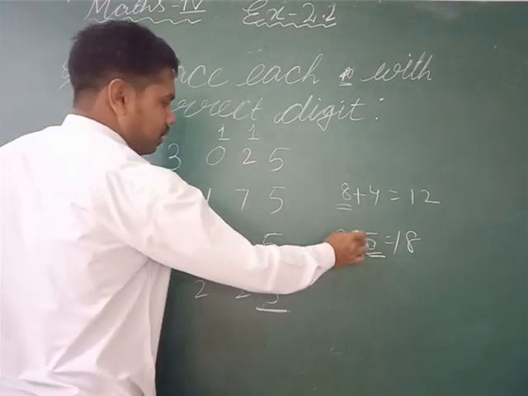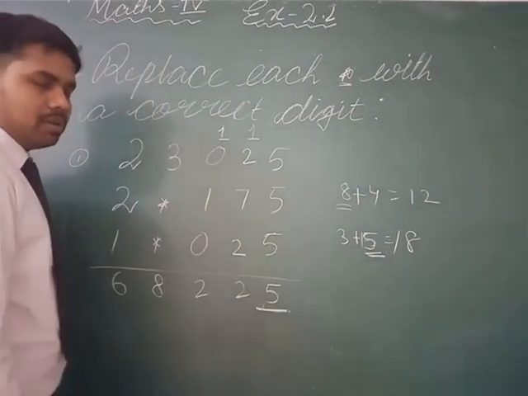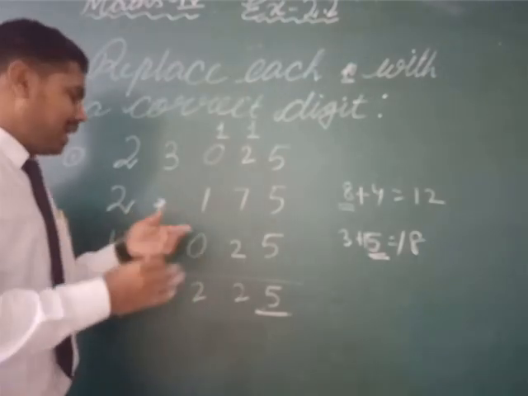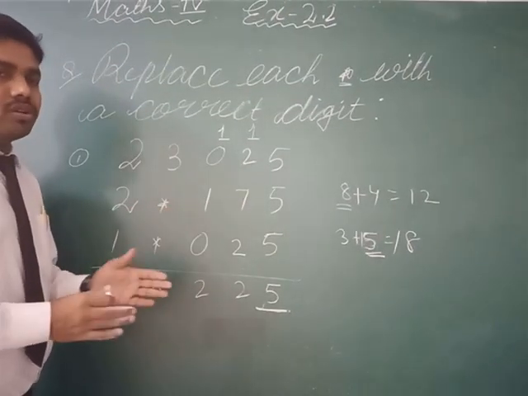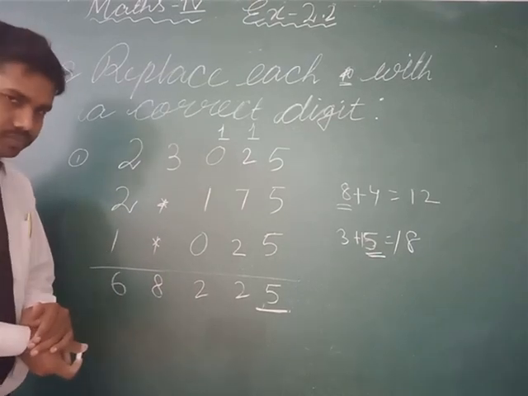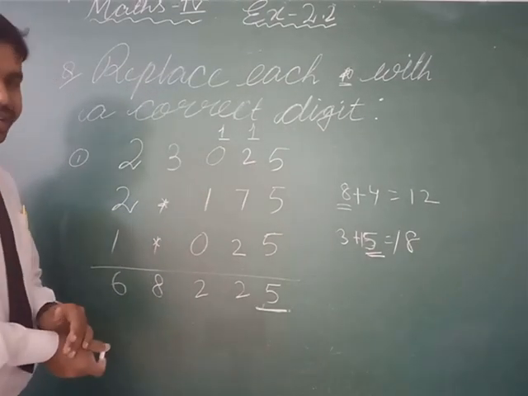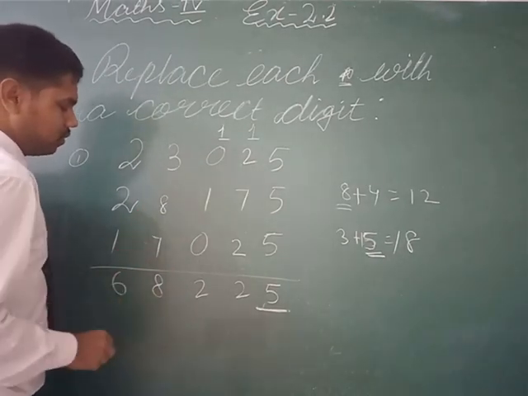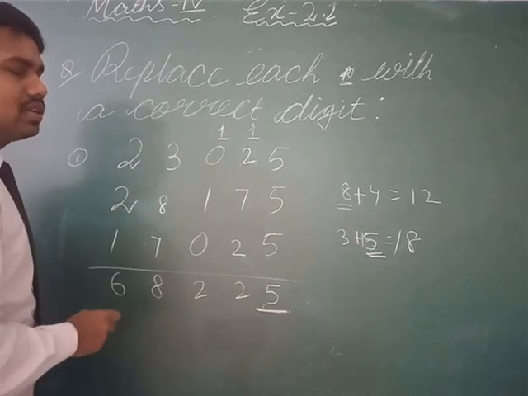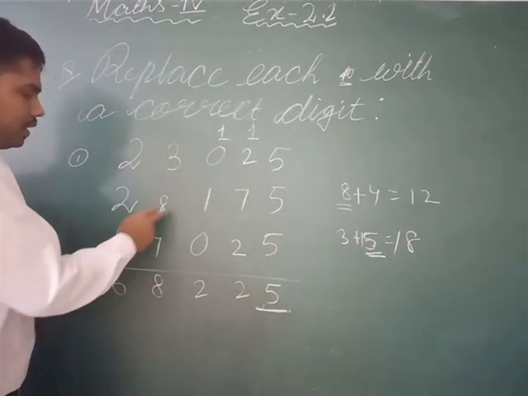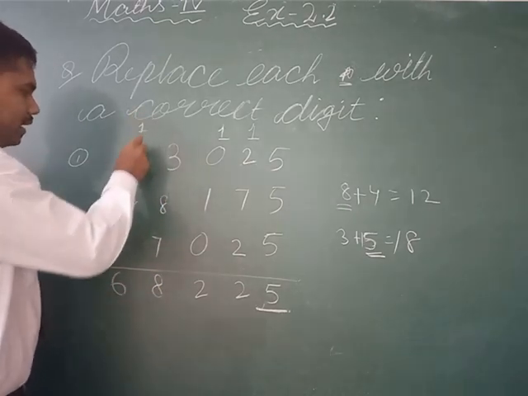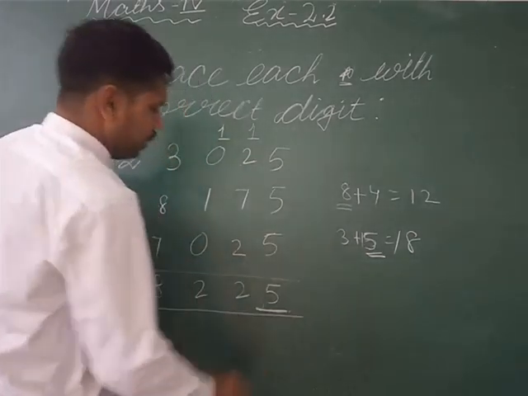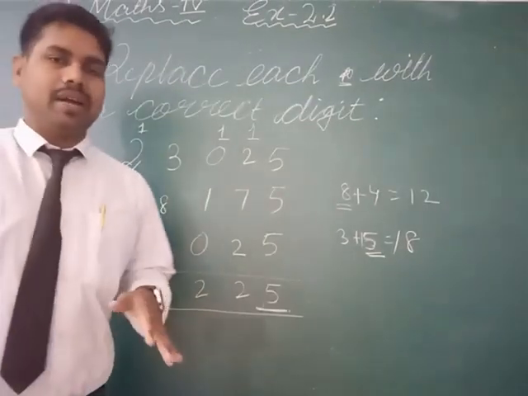Okay, so definitely it will be 15 instead of 5. Okay, so 15 plus 3 is 18. So now you have to divide 15 into two parts so that the sum gets 18. So how can you divide 15 into two parts? Yes, 7 and 8 or 8 and 7 or whatever number you want. So let's write here 8 and let's write here 7. Okay, so now you can see 7 plus 3 is 10, 10 plus 8 is 18, so 8, 1 carry here. Now it will be 2 plus 2, 4, 5, 6. So this is how you can do this mental mathematics by yourself.